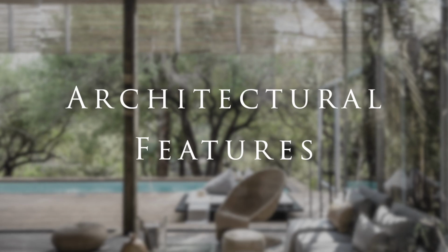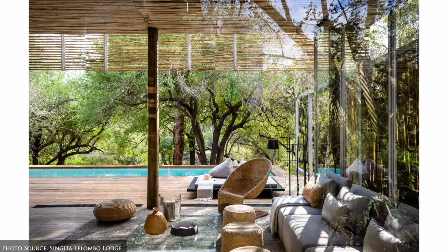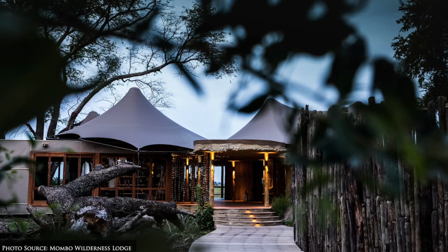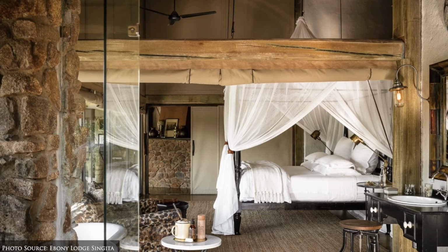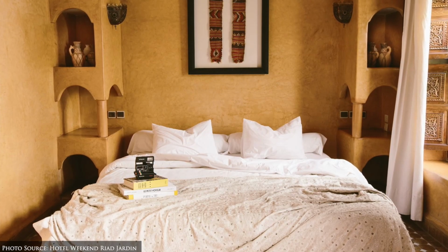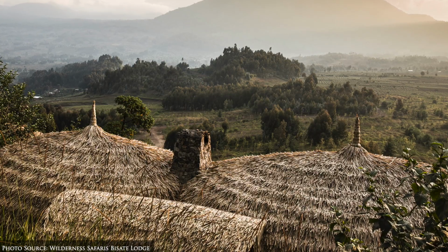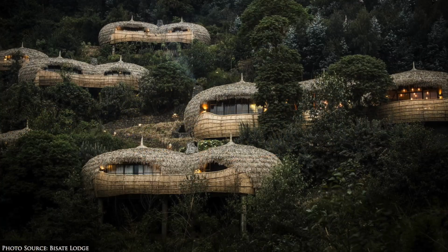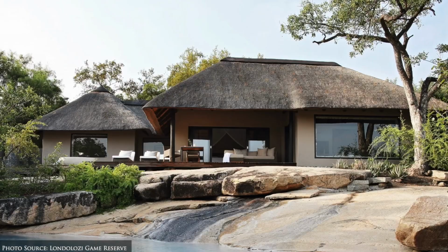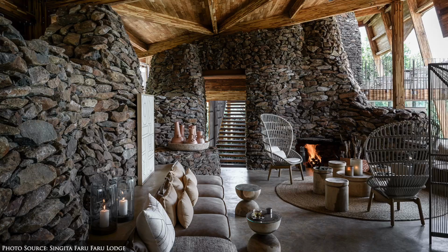Architectural features. Safari-style architecture harmonises with the natural surroundings, often incorporating materials such as stone, wood, light canvas, glass, and textured finishes like plaster or stucco. Other architectural features include thatched roofs constructed using local grasses and reeds, stone cladding,